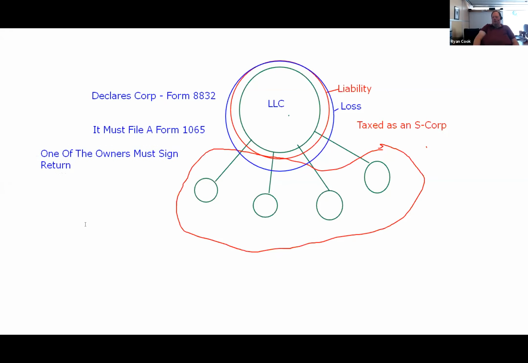One of those owners is basically taking on some liability because he has to file the Form 1065 for the corporation. So it's basically the head person will have to file a Form 1065 and report it for the LLC, and one of them must sign it. Again, that's because this is basically a partnership, but it's kind of run like an S Corp. They took the best parts of a partnership and the best parts of a corporation and tried to stick them together. In reality, that's what an LLC is.